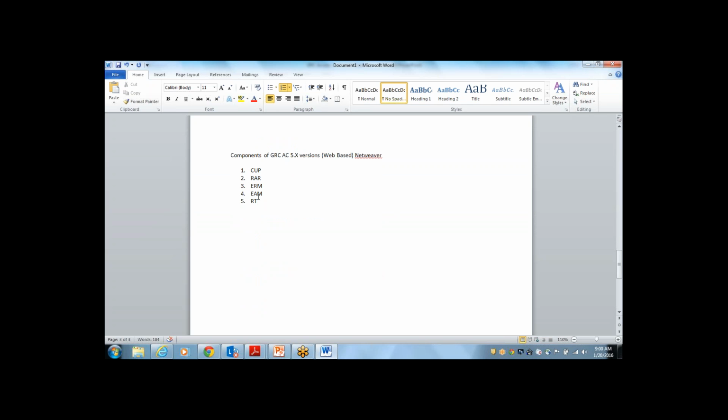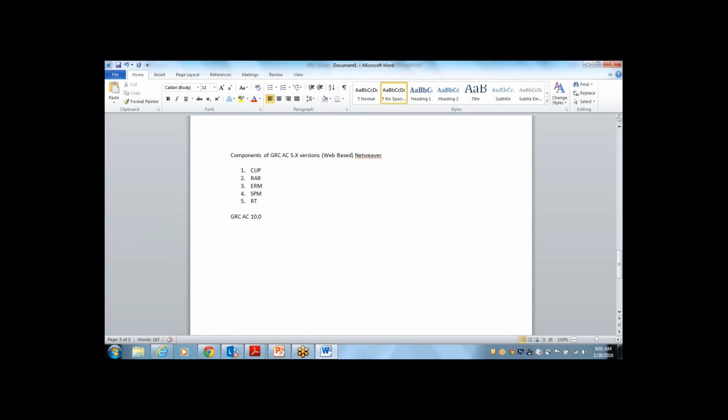This is emergency access management, and this is your SPM, super user privilege management, and this is risk terminator. Okay, so these are the components we have in 5.x versions. So we'll discuss this web-based stuff, NetWeaver stuff, and how these components can be accessed, what are the URLs we have, and so on, later. So what happened after this is GRC Access Control